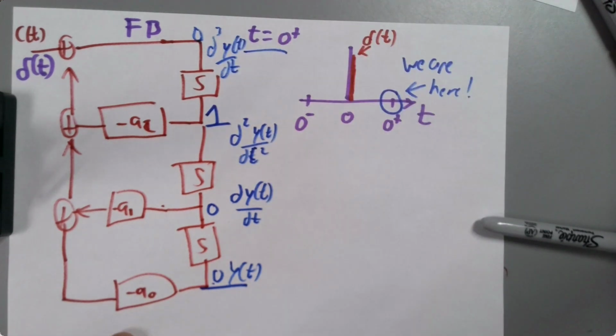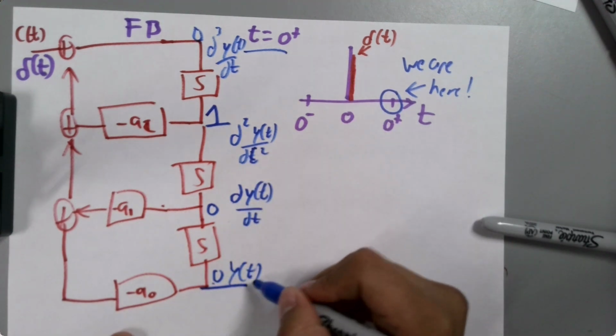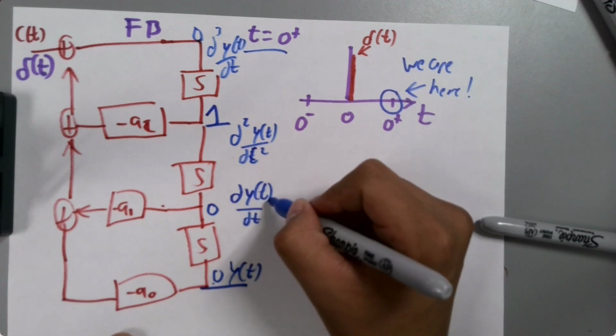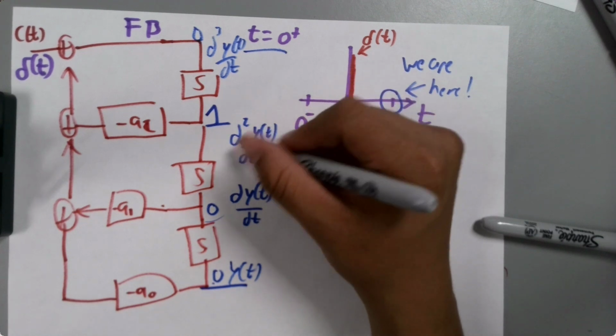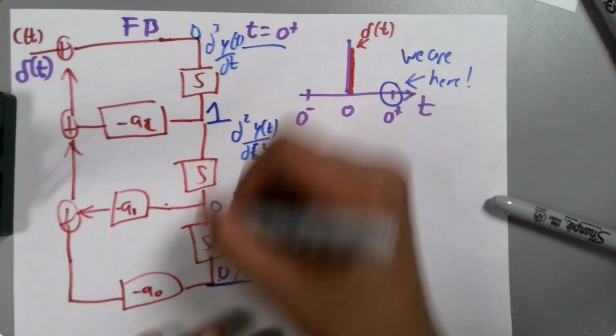Does that make sense? So what are your conditions? Y of t at t equal to 0 is this, equal to 0. The derivative of y of t at 0 is equal to this. It's the second derivative that gives you this 1. So the condition you're going to play with a third